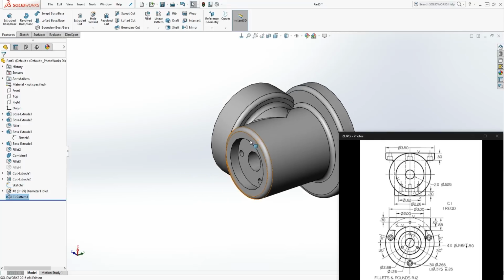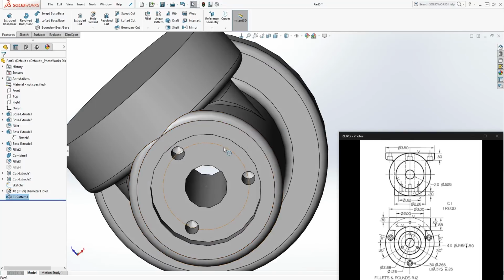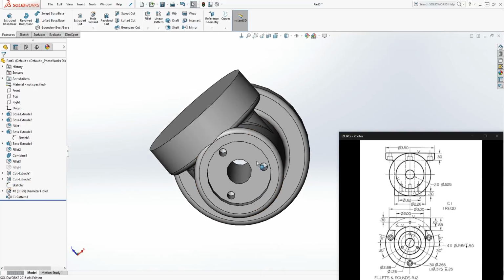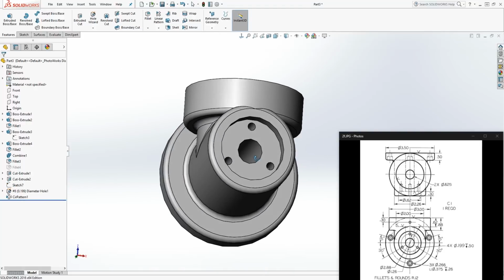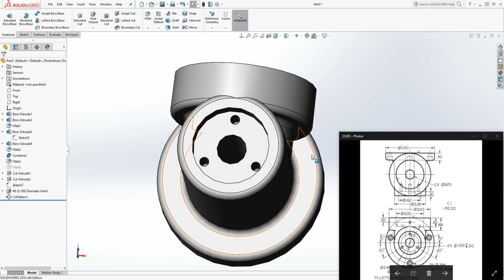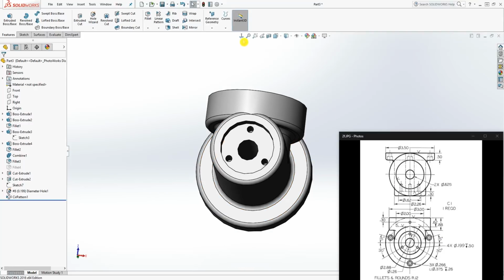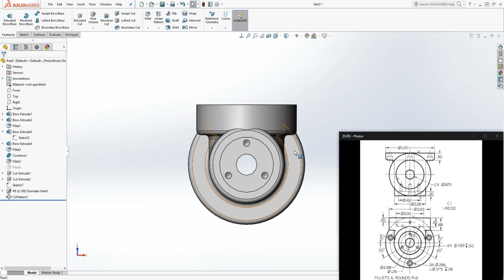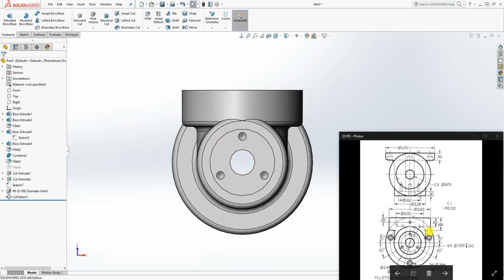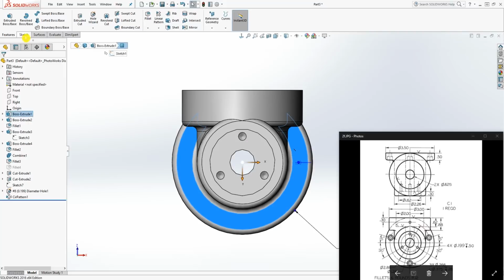Another part we need to do is, so you can hide this sketch because you don't need it. So we have that done. Another one we need to do is, if you look back here, there's also 2-3 circles, and we are going to draw that now. I think we are almost done. So on this back face, looking at it from this view, click this back face